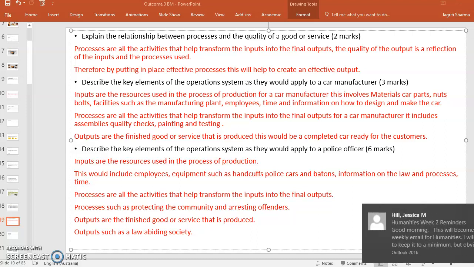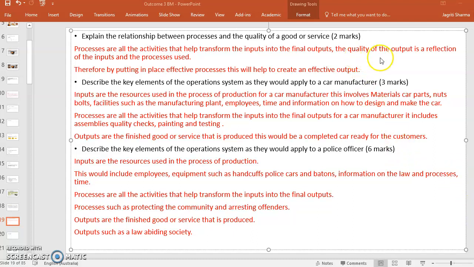Processes are all the activities that help transform the inputs into the final outputs. The quality of the output is a reflection of the inputs and the processes used. Therefore, by putting in place effective processes, this will help to create an effective output. So this is the relationship between processes and the quality of goods or service. If they have effective processes, for example the input and the process, then there will be a good